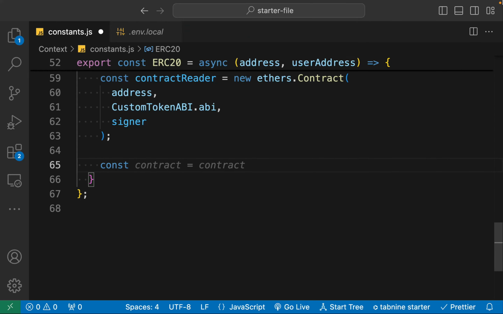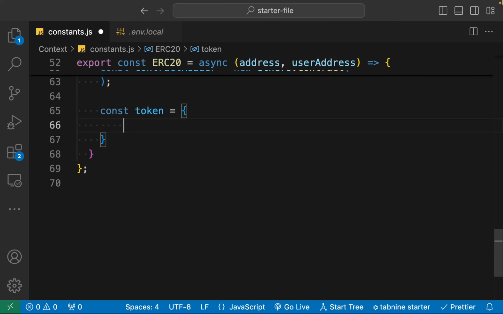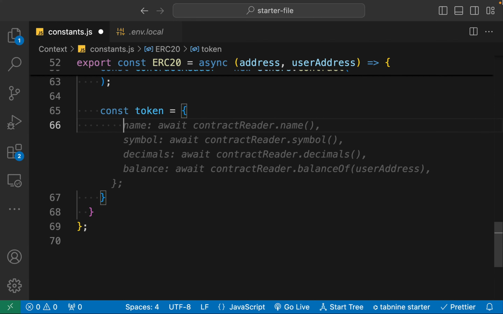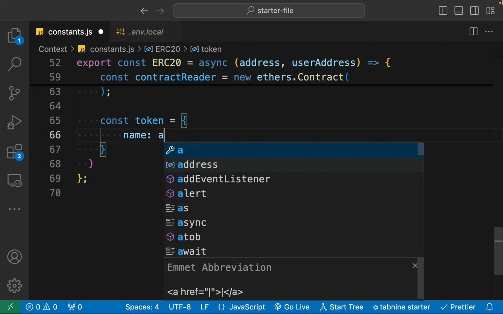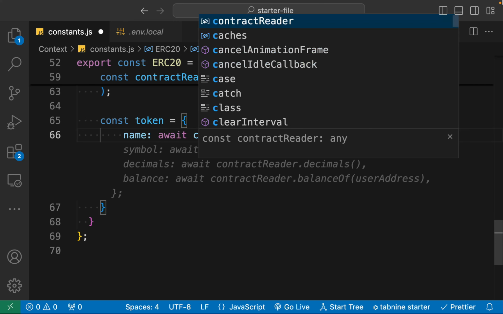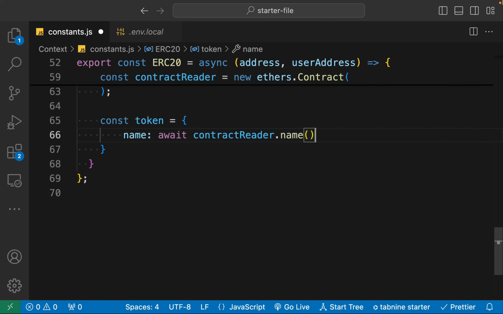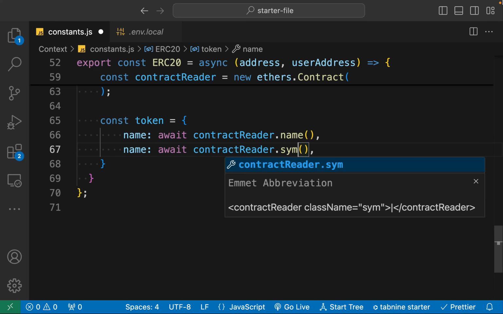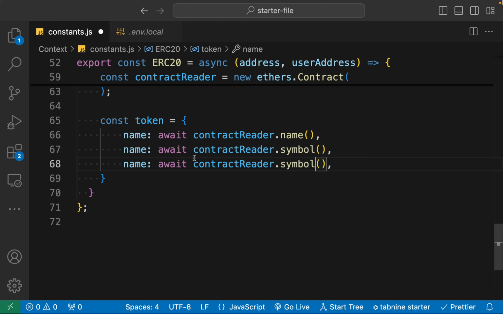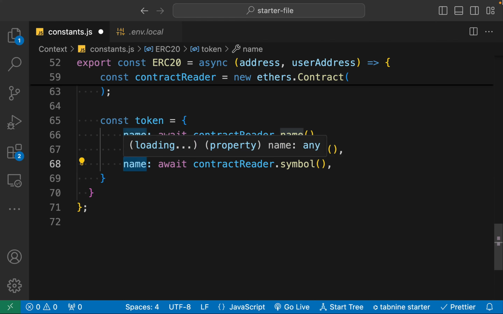So first we want to get the token. I'll take it as an object, and there I can simply call that. So I'll take this name, await. So say await contract.name. In that way I will be able to know the name of the token. I need the symbol, so let's change this to symbol, and this will be symbol, and this will be address,